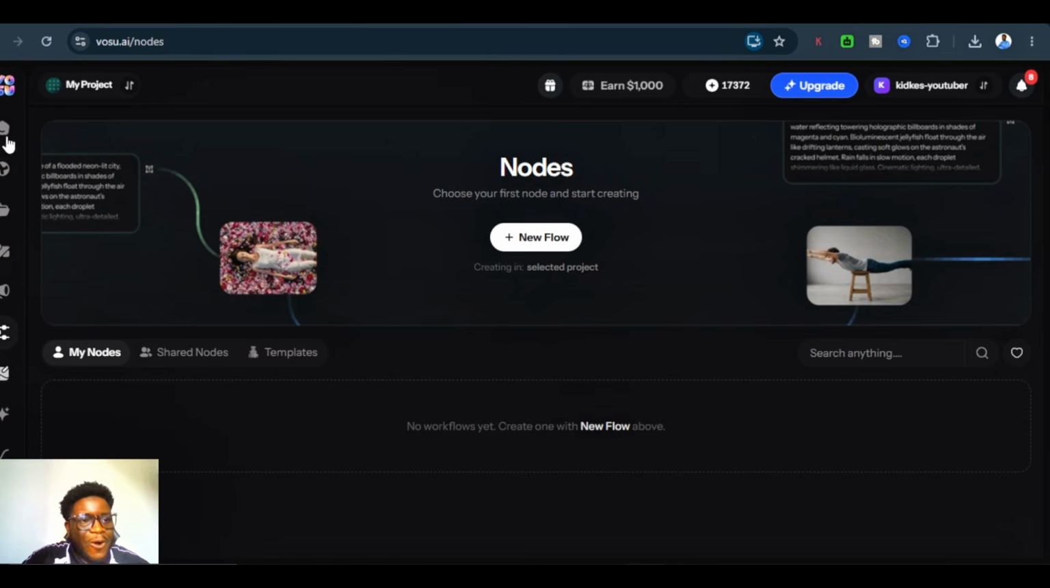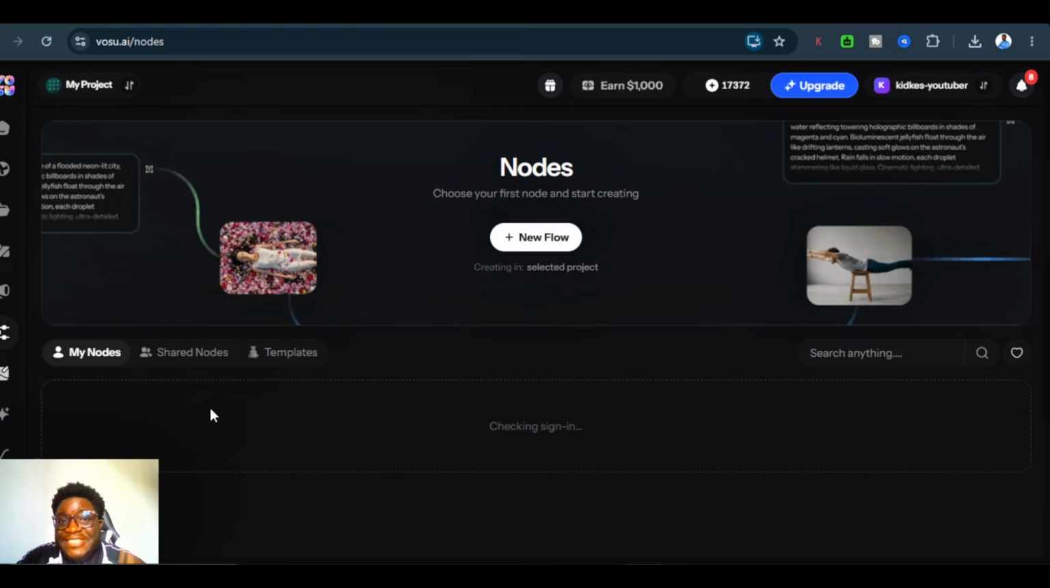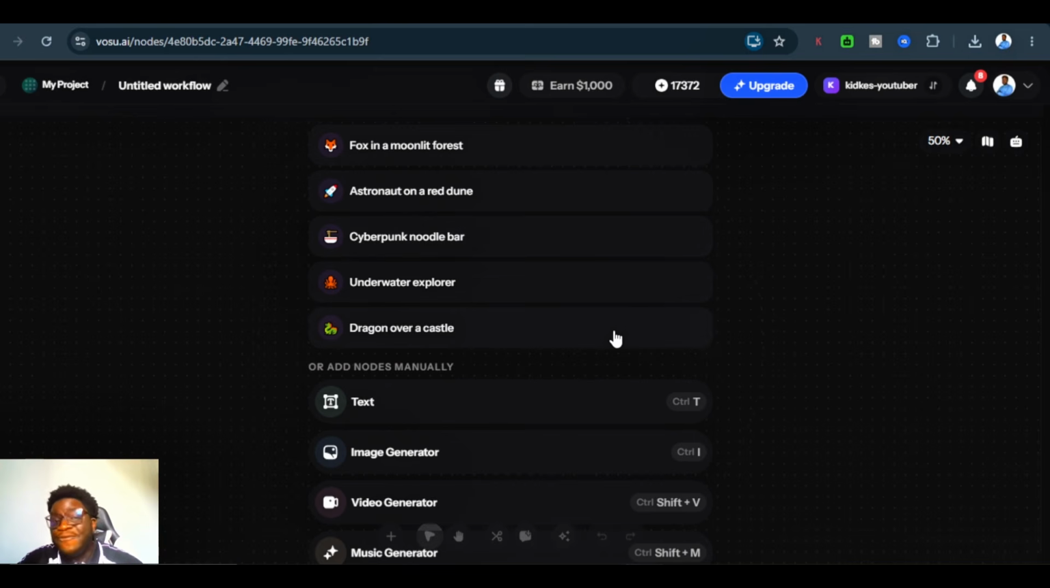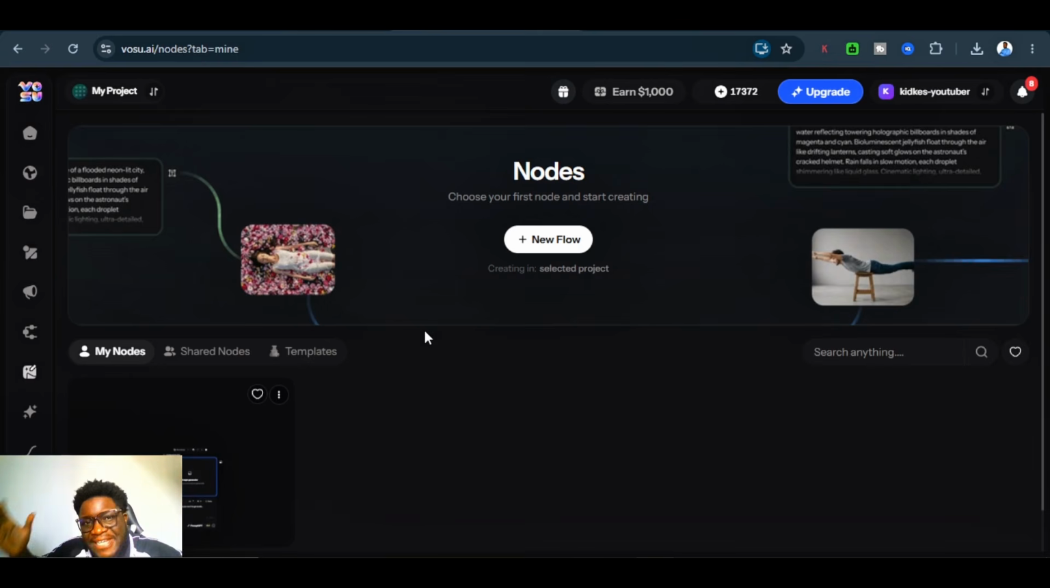For example, all I have to do here is to come here where you have UGC video, okay, and then I'm going to click on new flow. So after clicking on new flow, all I have to do is to create my nodes or just add all my nodes manually. For example, let's say I'm more focused in creating an image type of UGC. So I'm going to come here to image generator, and now over here I can start creating my nodes to create that particular workflow for me in creating the UGC content, or